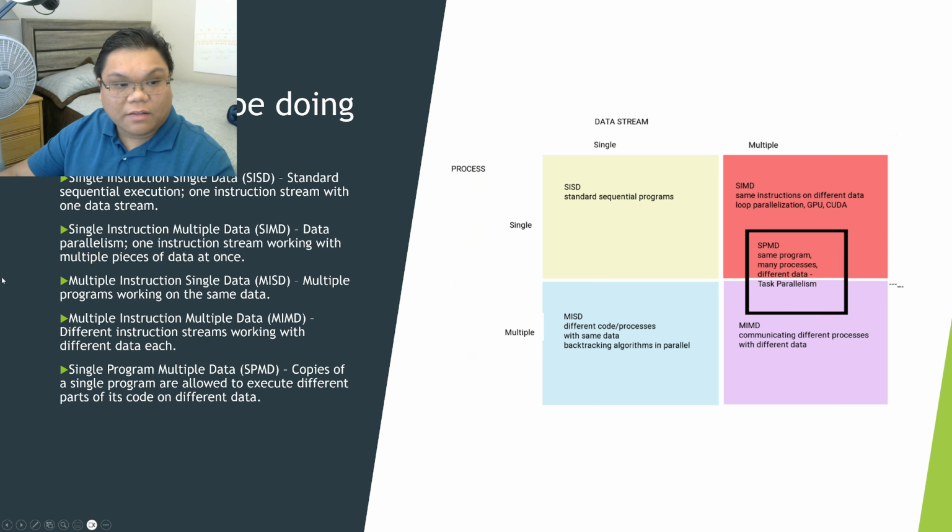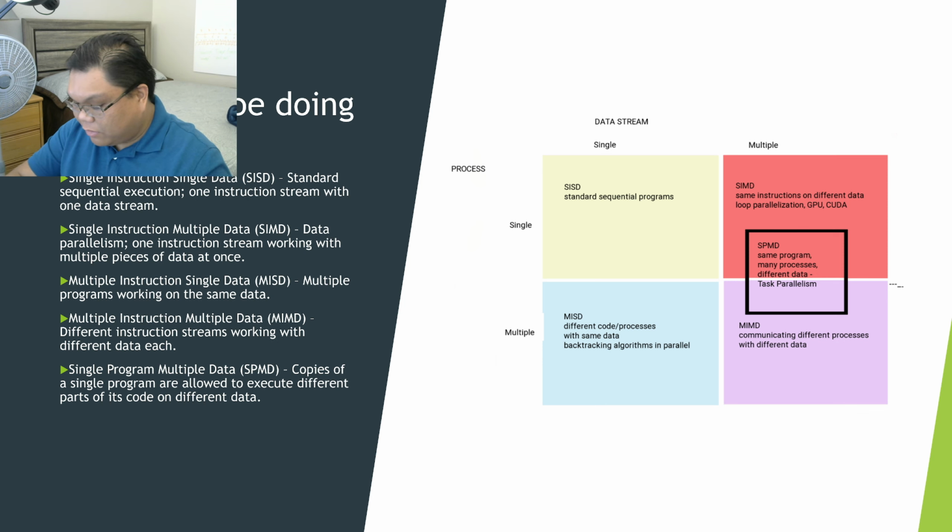So these 4 APIs will fall into some of these categories, but the textbook only describes 2 such categories actually. Those categories are SIMD, single instruction, multiple data. Some of the APIs fall under that category. The other one is MIMD, multiple instruction, multiple data. Some of our APIs will fall under that category. SPMD is a kind of overlap between the 2.